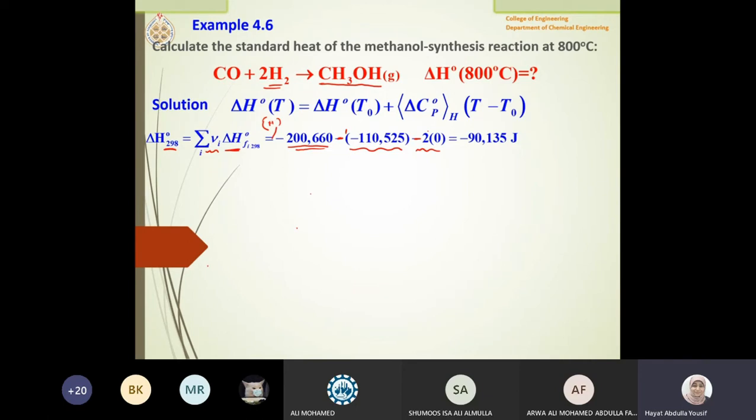Now, something I will not agree with Smith here, I'm sorry to say this, that one is joule per mole. Well, it's actually joule per mole, but what we did here, instead of using the stoichiometric number, we can use the number of moles. Still correct, but you will put the sign. It is joule per mole if I am using the stoichiometric number. If you are not using it, that is delta H naught per mole of what? Per mole of CO reacted. So delta H naught 298, if I want to find it in joule, I will get this value.